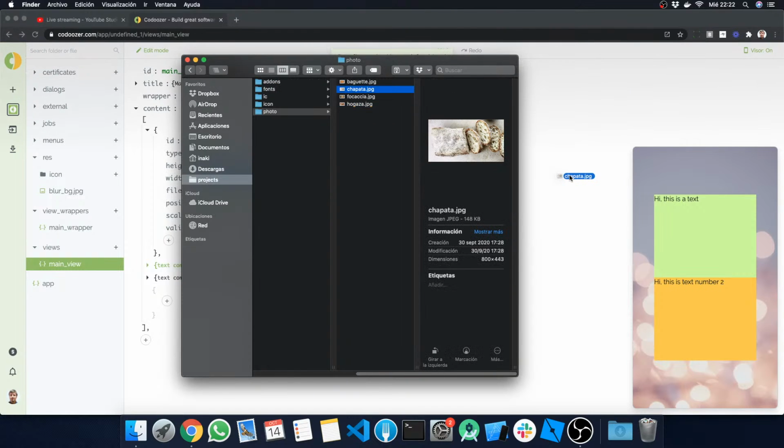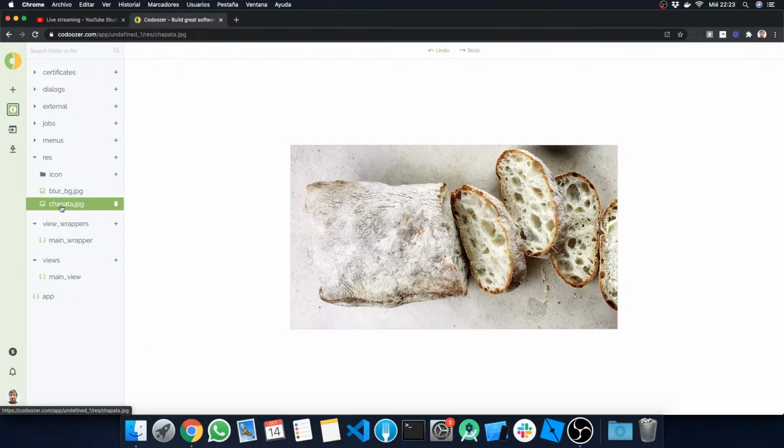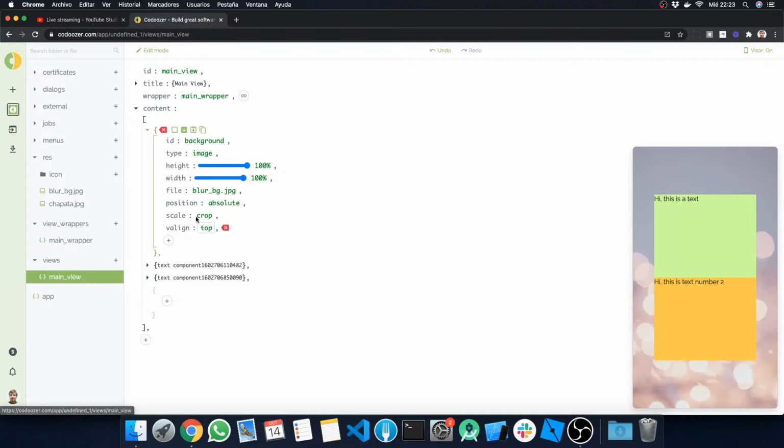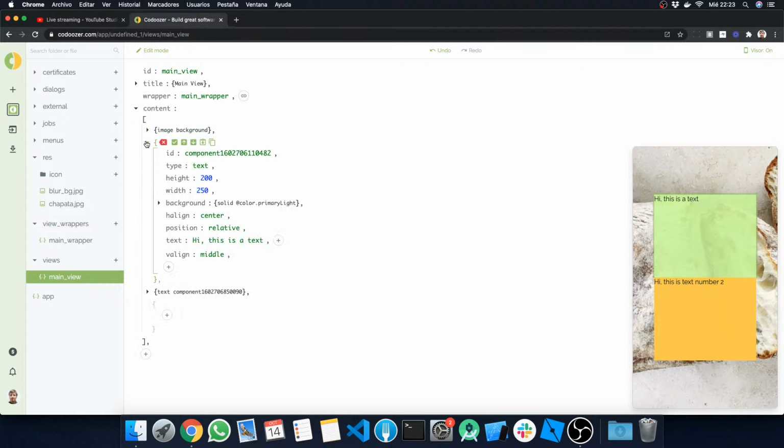Okay, for example, this bread. You see, this is a horizontal image, right? But if I use this image as the background, since I'm using the scale, you see that it's not showing the whole image, it's scaling it vertically in order to fill all the space available. Okay, so well, what else? I missed two other parameters that all the components have regardless of the type, which is